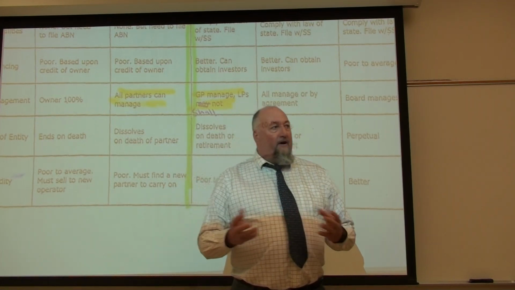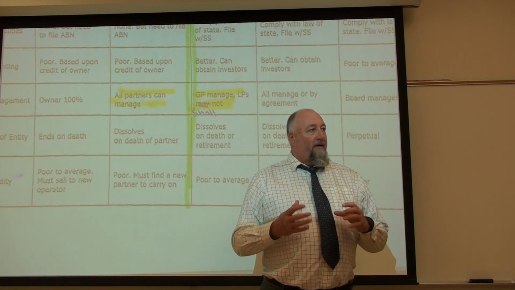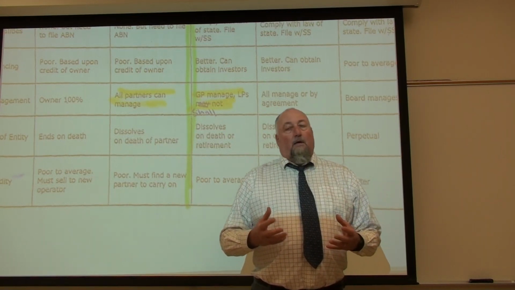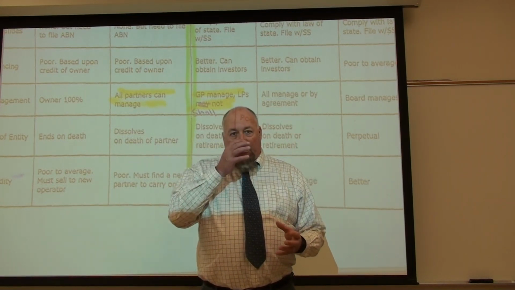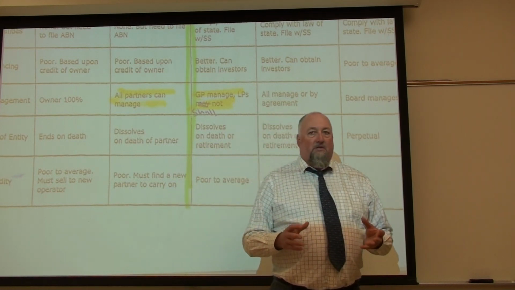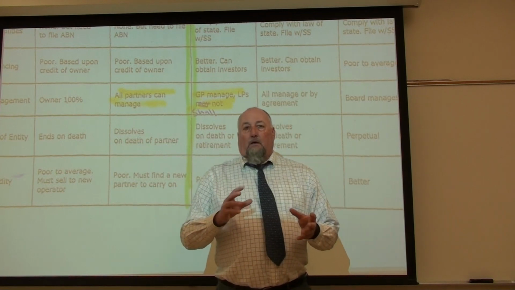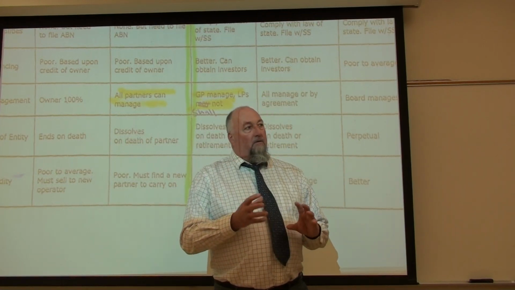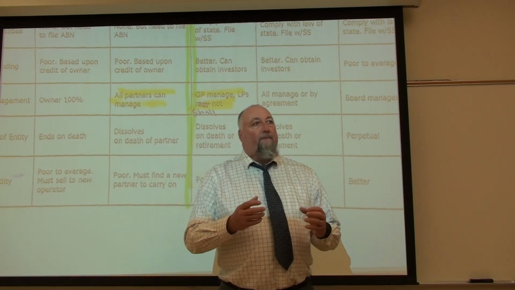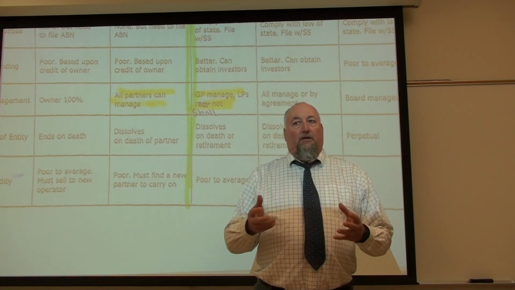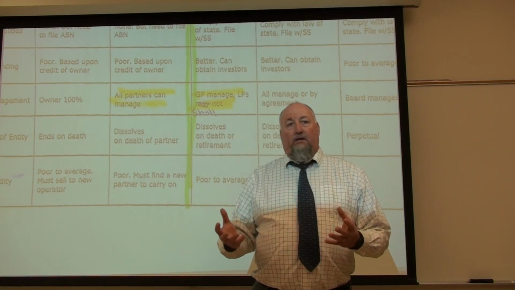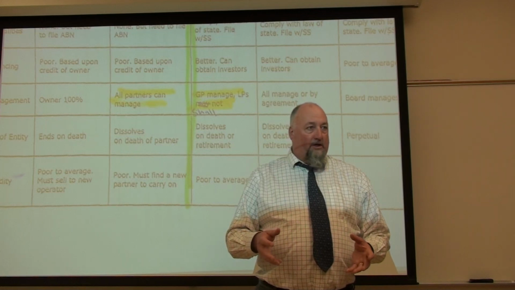So hiring and firing, filing of taxes, that is management authority. And one of the disadvantages of a general partnership is that you may have multiple partners, all with management authority, meaning they have the ability to sign contracts,